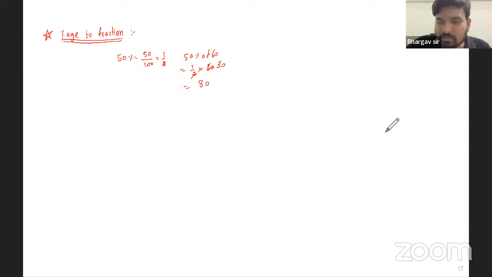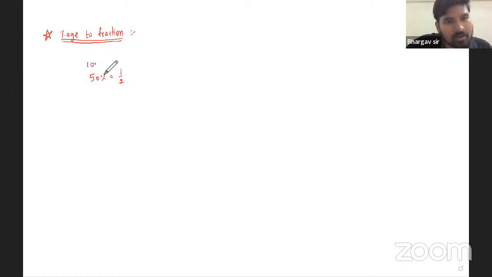So it's as simple as that to find the answers if you know the percentage in terms of fractions. I am sure most of you might know this percentage to fraction conversion, but I'm just quickly going through it so that we will use a lot of it in the upcoming half an hour to 45 minutes. So the first thing, 50% is equal to 1 by 2. 100% is equal to 1 by 1. 1 by 3 will be, I'm sure you must all know this,